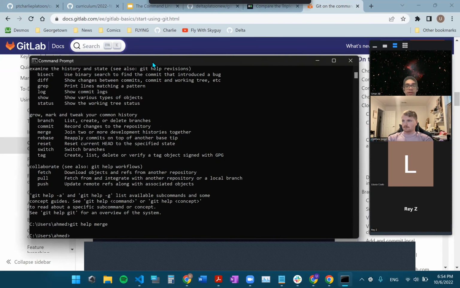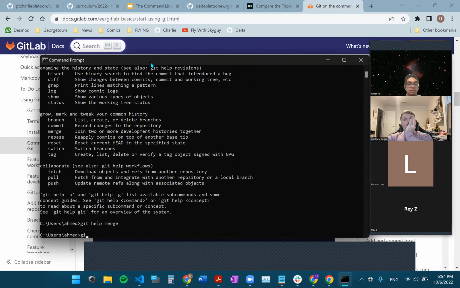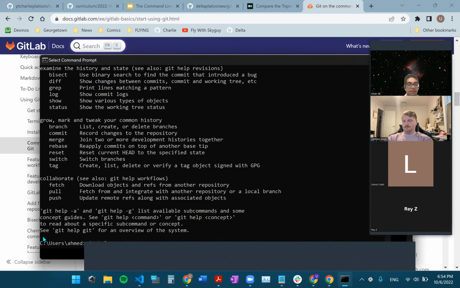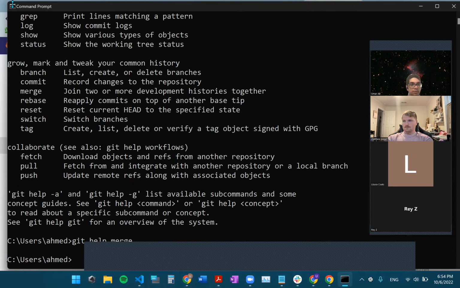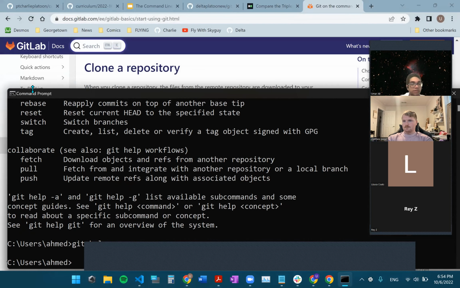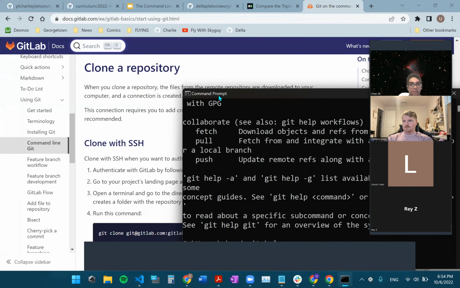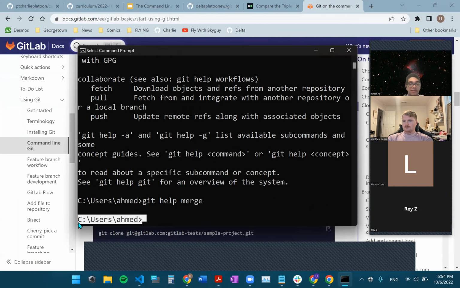Whenever you do this, you really want to keep in mind which directory you're in. Let me make this window a tiny bit smaller because this is giant. Okay, much better. So I'm actually in the main user directory of my computer,